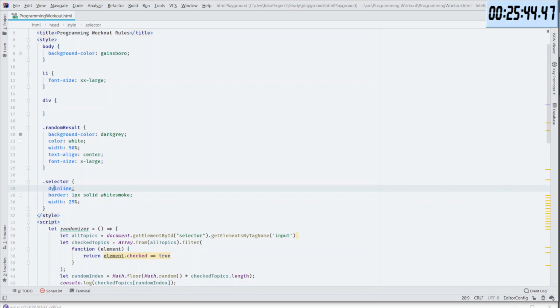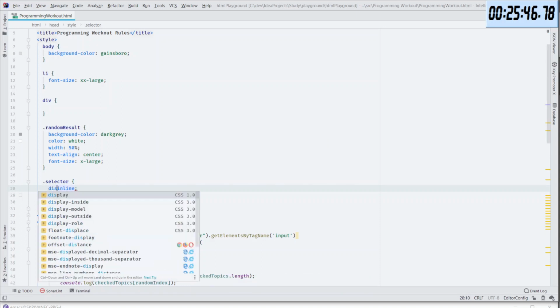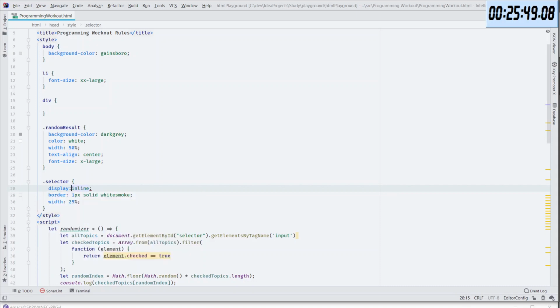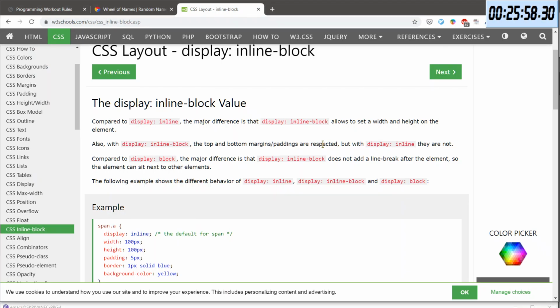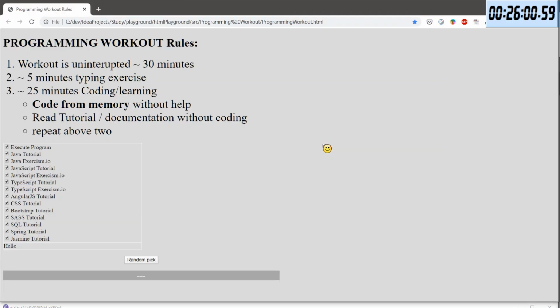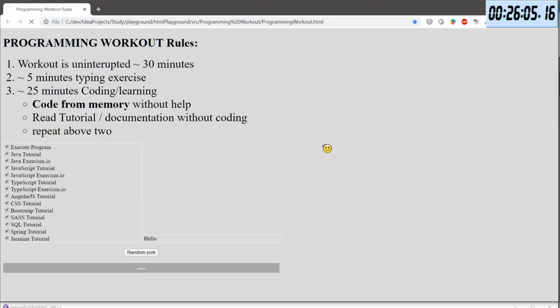Damn it. Display. Yes. And we will have an inline block. Okay, so I will save it. And see. Oh, oh crap. Well, never mind. I don't need it anymore, I think. And now you see it's next to it. But also look that it is kind of down there. And I would love to have it up in here.